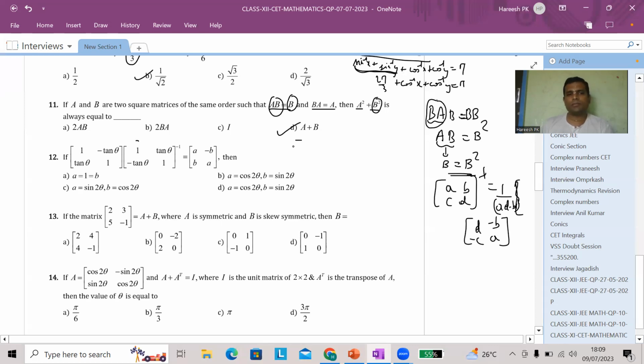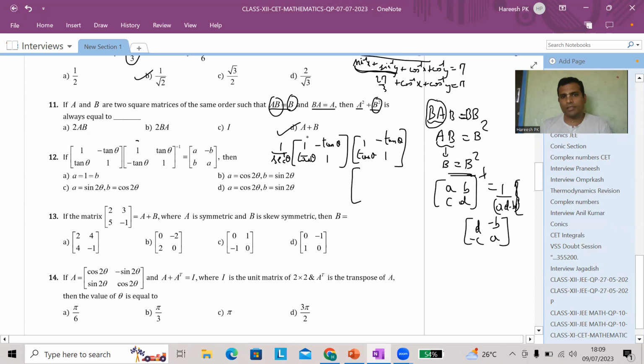So similarly here, the inverse, so the first matrix remains as it is. The second matrix, the determinant is 1 plus tan square theta, which is secant square theta. So 1 by secant square theta will be there. And then the inverse is principal diagonal elements you have to swap, and non-principal diagonal elements multiplied with minus. So when I do this, now when I multiply, I'll get,